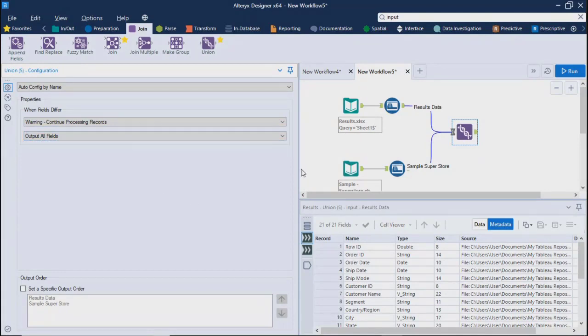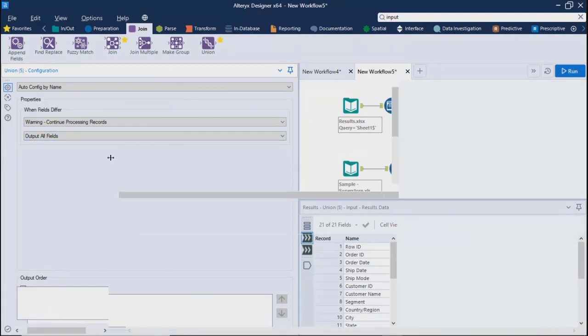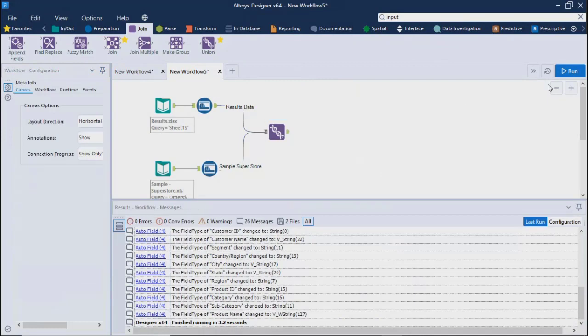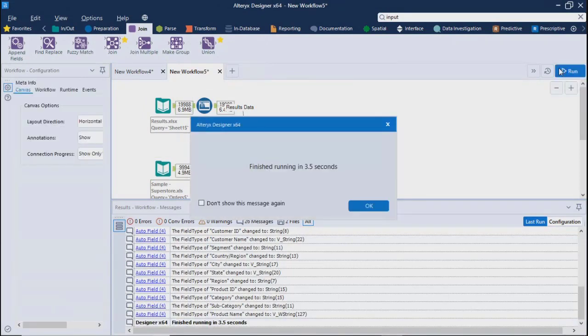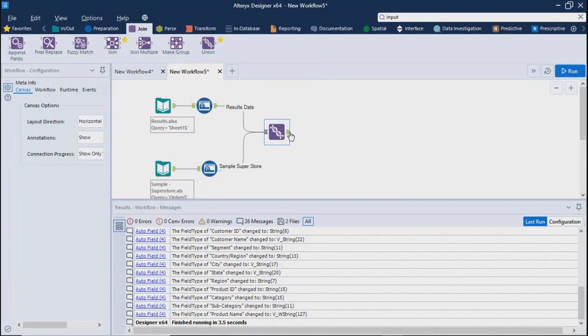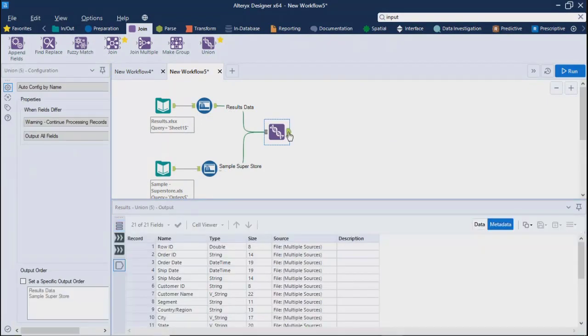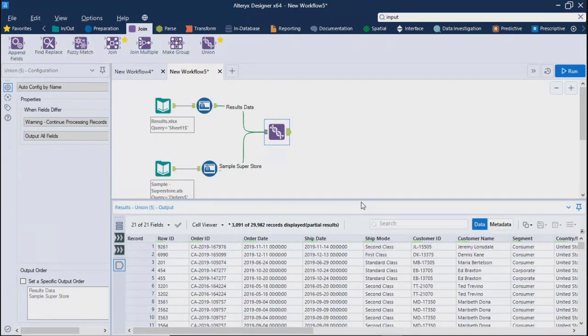So now let's go ahead and run this. Let's see what happens. So it has finished that, and over here you can see your data. Click on data. So this is your total combined data. It has 29,882 rows.